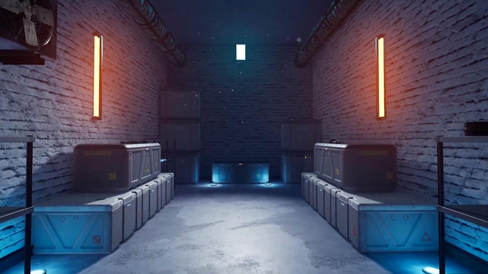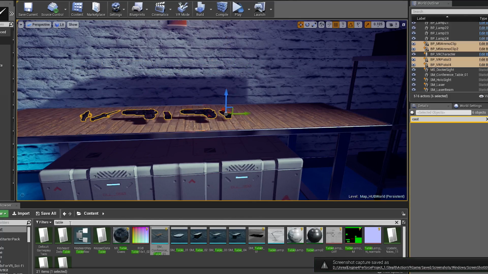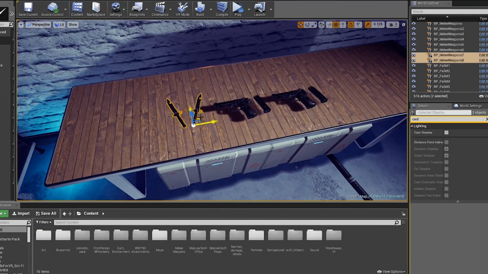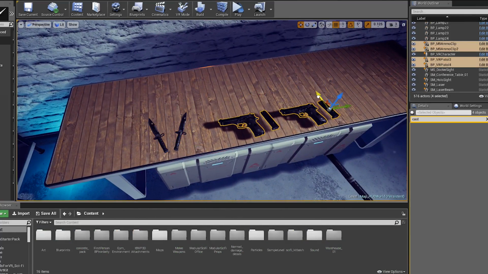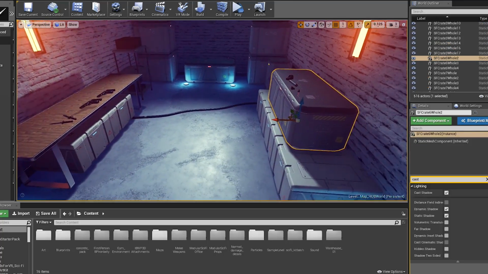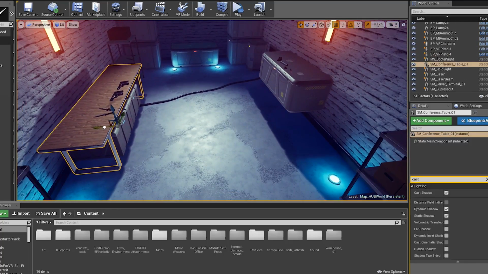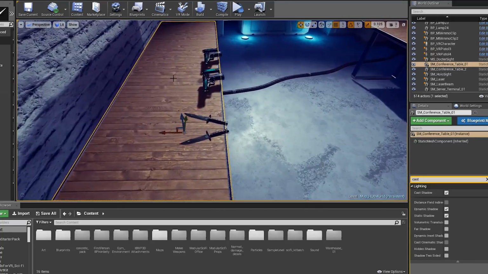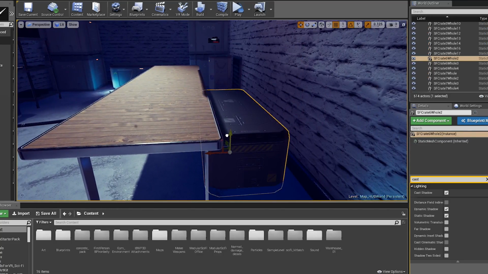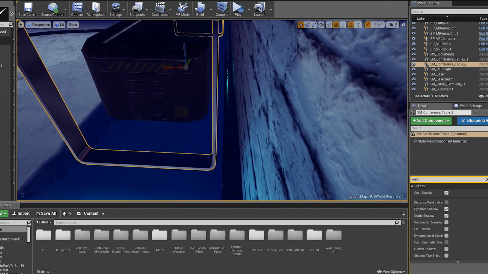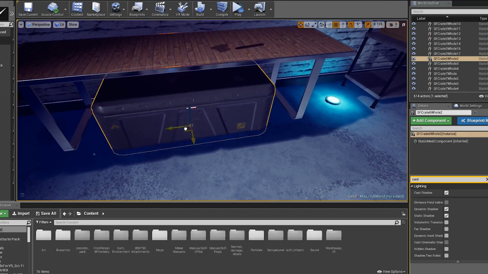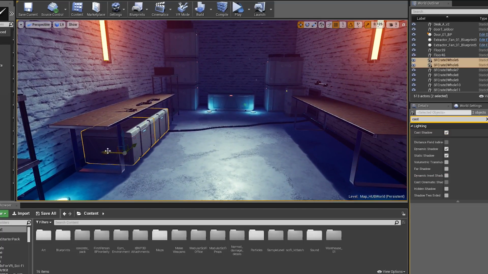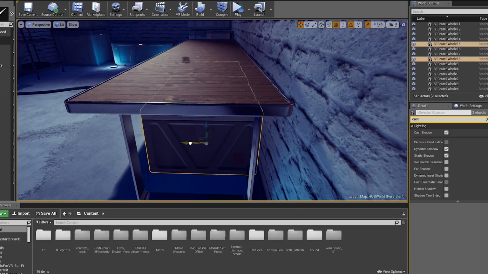To solve this, I had this table asset and it had wood. Now, I'm only using wood for the pallets in the level. This means this material is quite unique to this room. It's the only room with a wooden table. On top of this, I adjusted the lighting a bit. The spotlight is perfect and it hits the tables and illuminates them. And there is also the red light on the wall, which I use to guide the player's attention. So the only place to pick up and use weapons in this entire location is on top of the unique wooden table, which has the red light and has a spotlight coming down on it.